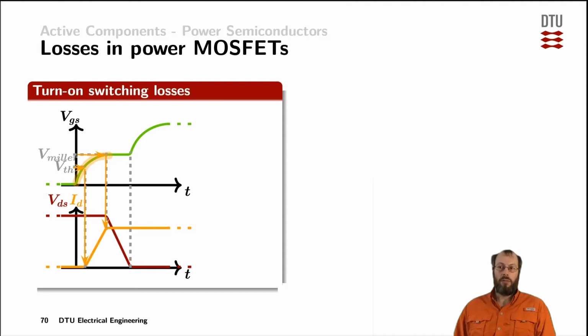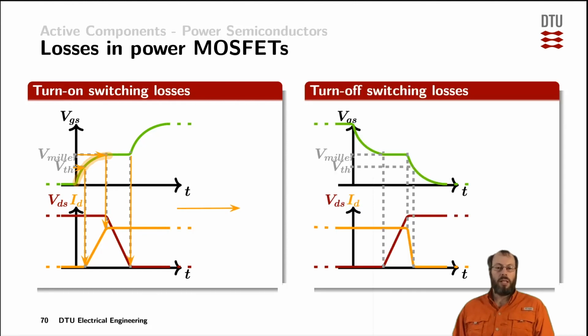At the end of the Miller plateau, this process is finished and the voltage across the drain source collapsed all the way down to zero. At that point, we reach the steady state, and we continue conducting current through the drain source. The gate source voltage is way above the threshold voltage, and the device is considered fully on until we reverse